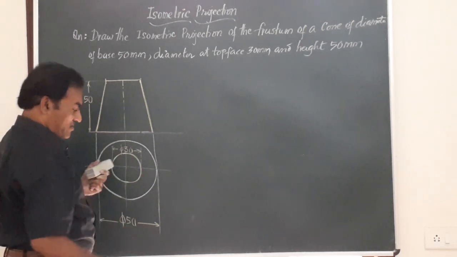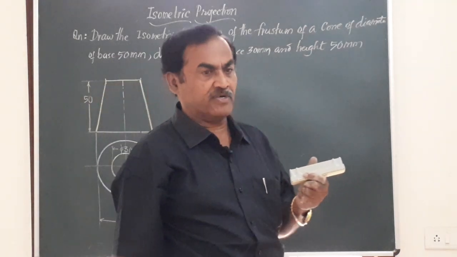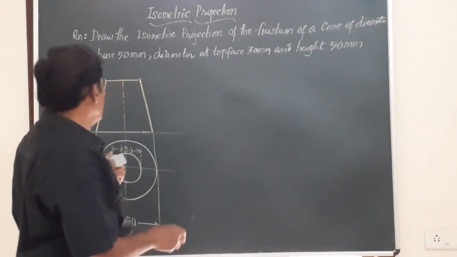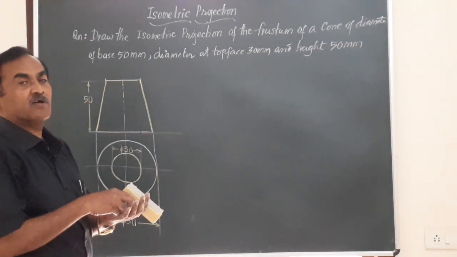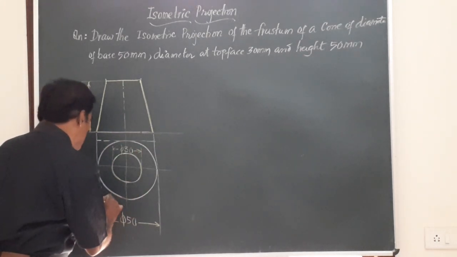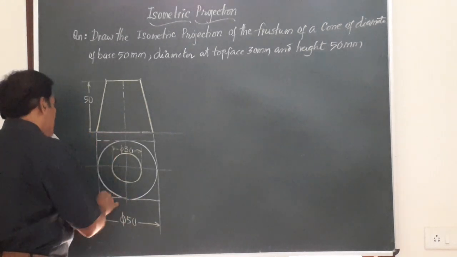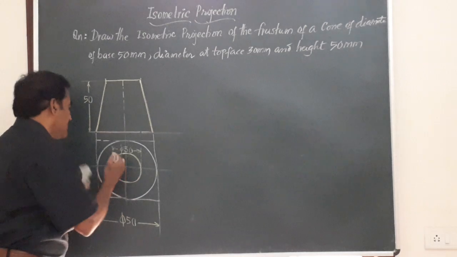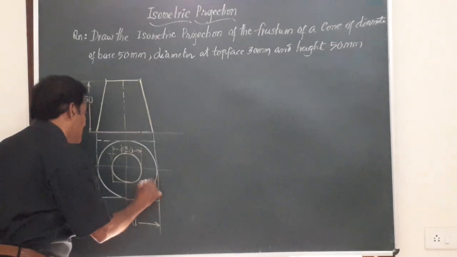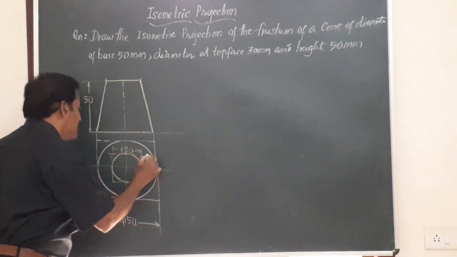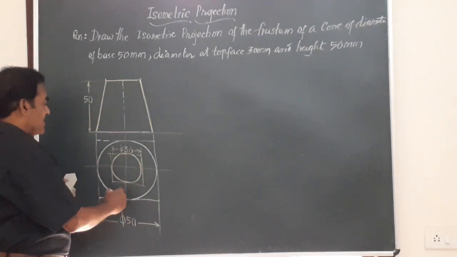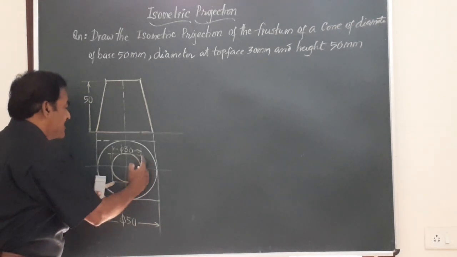Friends, I told you while teaching isometric projection, the figures excepting square and rectangle are to be enclosed in a box before we draw the isometric projection. Hence, I am going to enclose the larger circle and the smaller circle both in rectangles, just to get the dimensions and to make the concept clear. So, this is what I have done. I have enclosed both the circles in the top view of the frustum by two squares. One square is 50 and the other is 30.